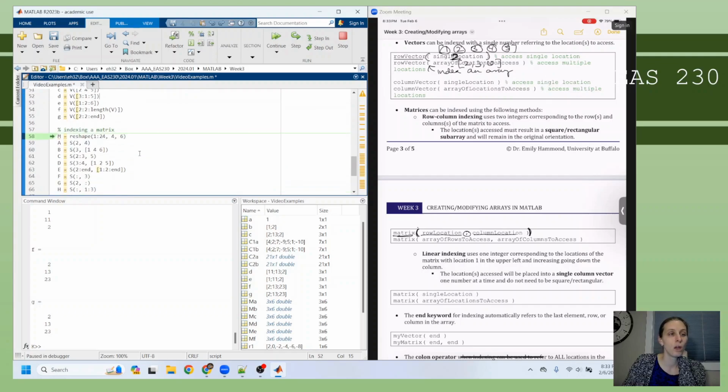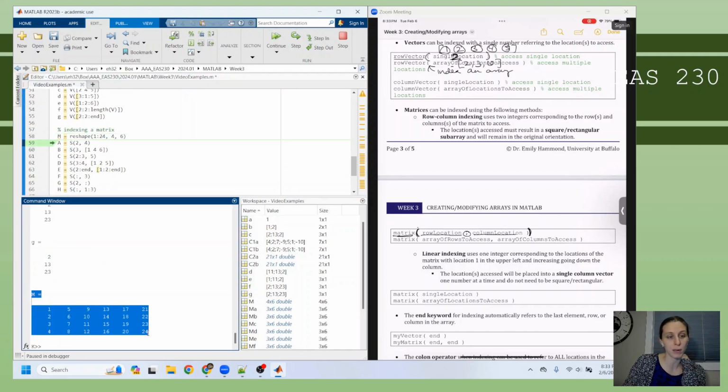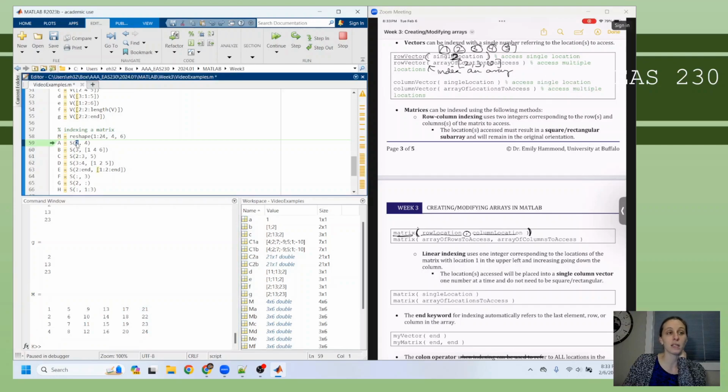It can be an array of rows and an array of columns as well. So here we can see a matrix that I've created. It looks like this down here in my workspace. And if I want to grab the second row, 4th element,